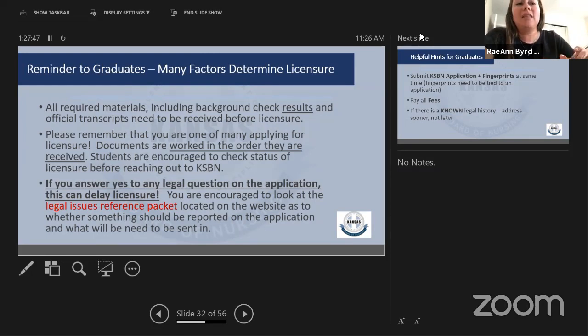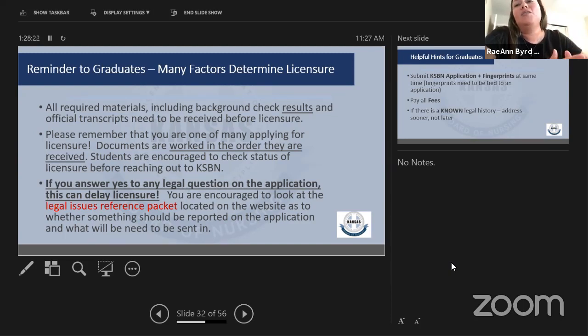The other thing that I think is helpful to remind the students is that the nursing license is definitely a case-by-case basis. We have a ton of students who call and say, my classmates got their ATT, or my classmates got their license. And it's like, yes, but depending on what you have going on with your file, or your classes, or your transcript, or fees to the school, which is why your transcript hasn't come in yet, there are a lot of factors.